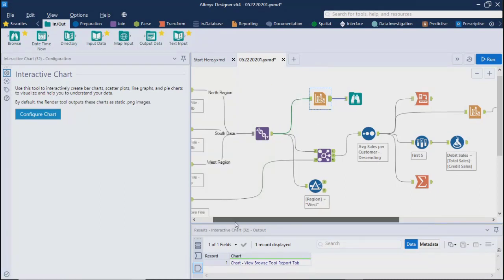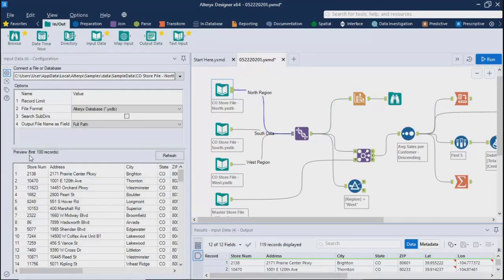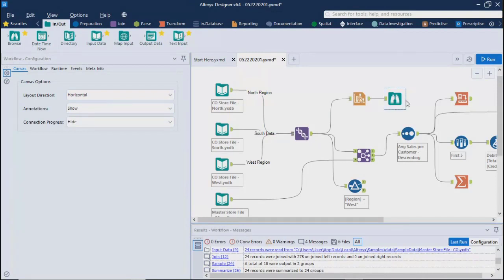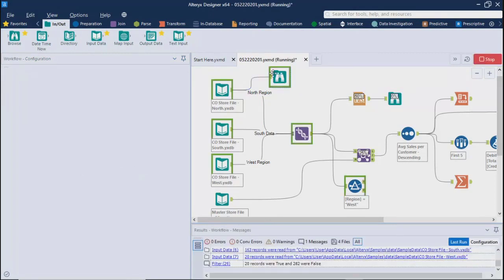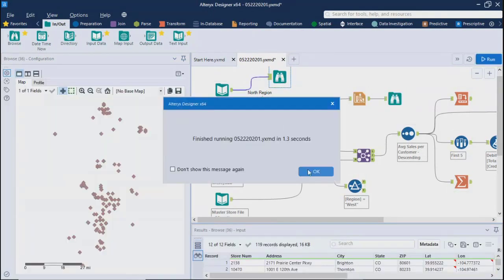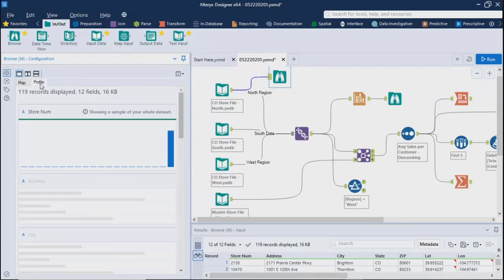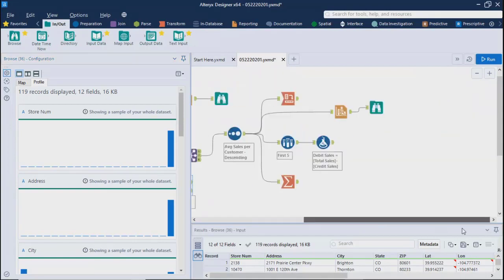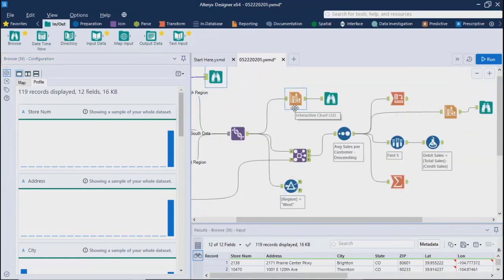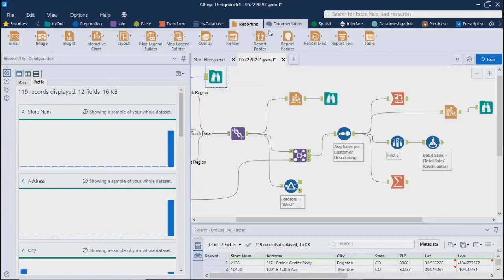Whatever data you get, you can just run it and see that on the profiler after putting the browse, actually. That's why browse was helpful. See, over here you can see those. Another is through interactive charts. And then we combine these using layout. So we'll be doing that as we go further. Report text. Okay, this will cover layout. Once we have all the things created, multiple things, then we'll use this.